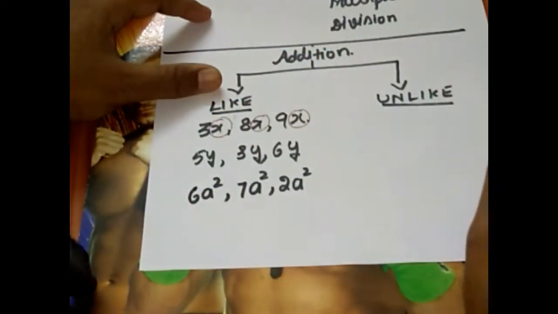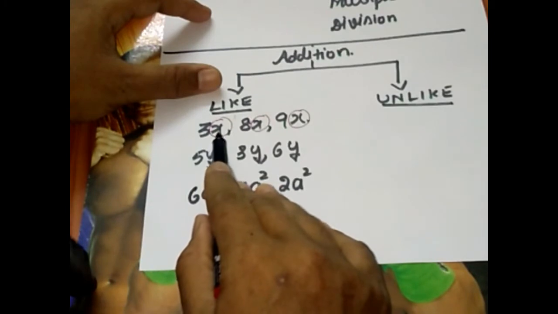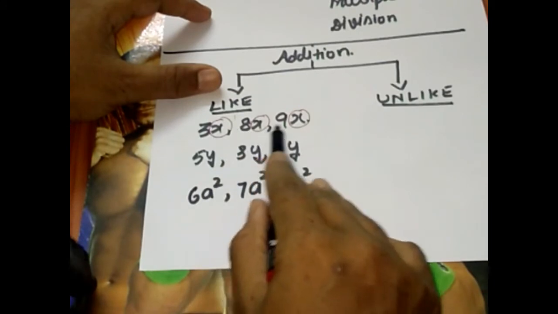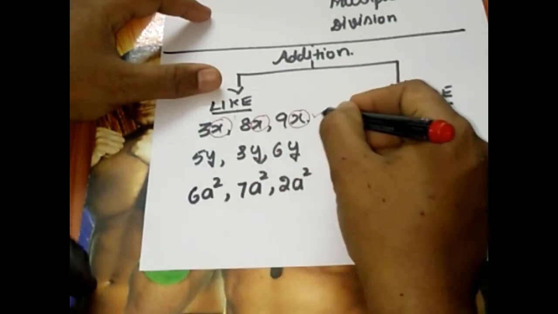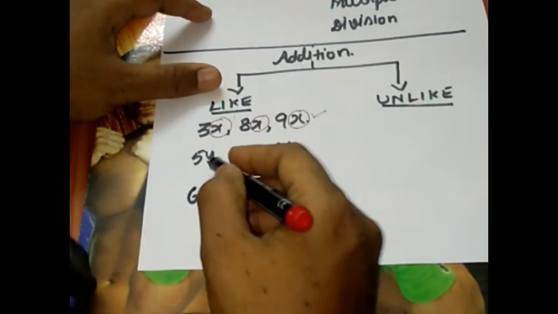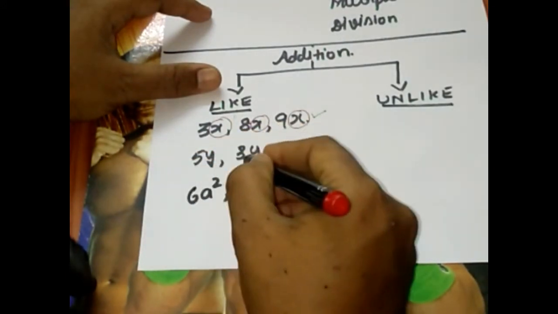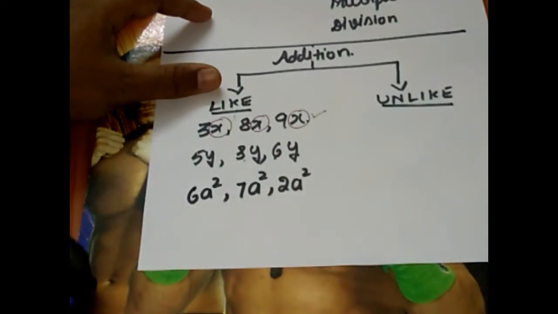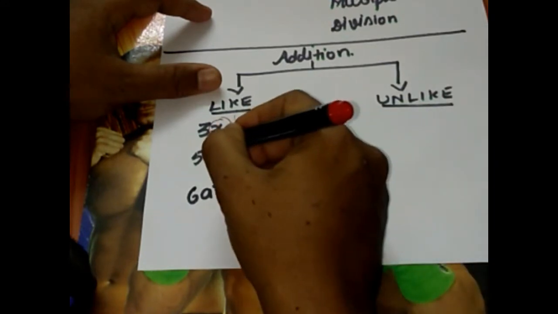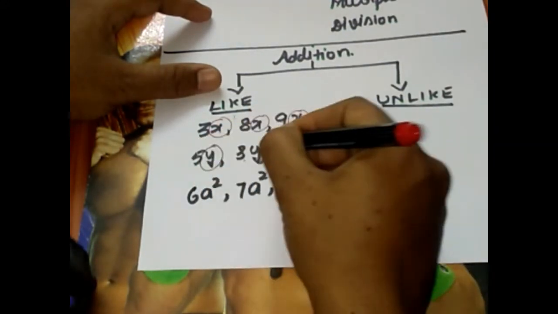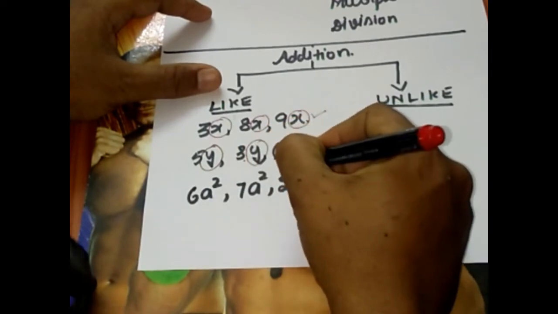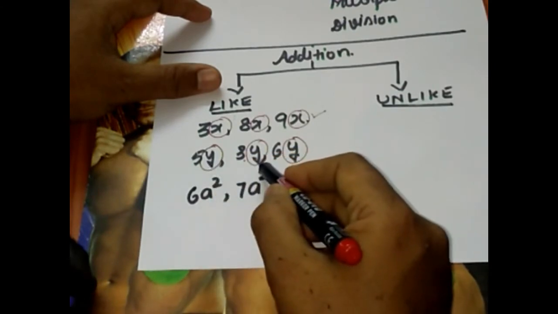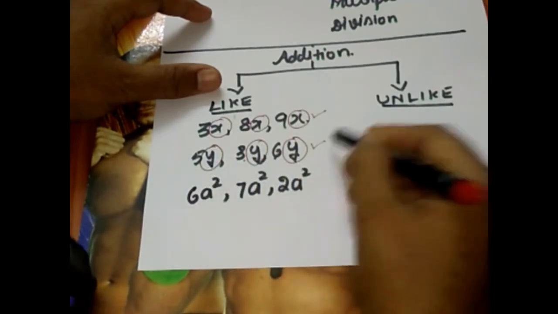We are not going to consider it. Observe the algebraic terms, that is x, x, x. All the terms are having the coefficient x, hence they are called as like terms. In the similar manner, in the second example, 5, 3 and 6 are called numerical coefficients, which we are not going to consider for any reason. We have to observe the algebraic coefficients, that is y, y, y. Are they same? Yes. Hence we can say that 5y, 3y and 6y are like terms.